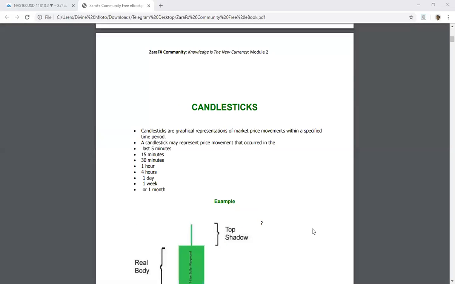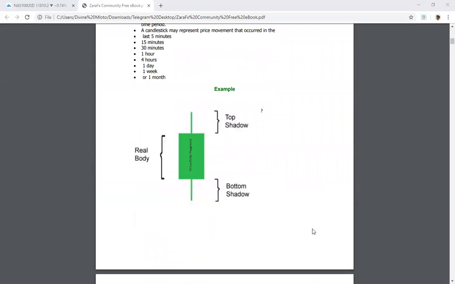Now here's the first module. Oh no, first section, candlesticks. Candlesticks are graphical representations of market price movements within a specified time period. So we have different types of time periods like 15 minutes, 5 minutes, 1 minute, 30 minutes, 1 hour, 4 hour, right? So a candlestick is comprised of